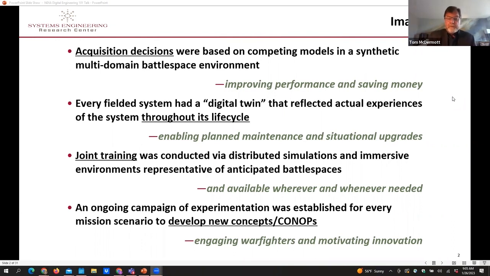And imagine that those models all went into our training system, so that human operators were training to fight in the same models that designs were done in. And then imagine as we develop these libraries of models of different types, we can run these campaigns of experimentation where all new concepts were developed in these digital environments.